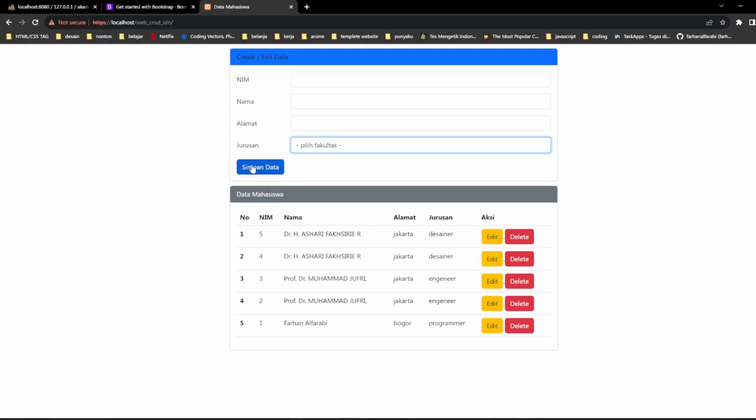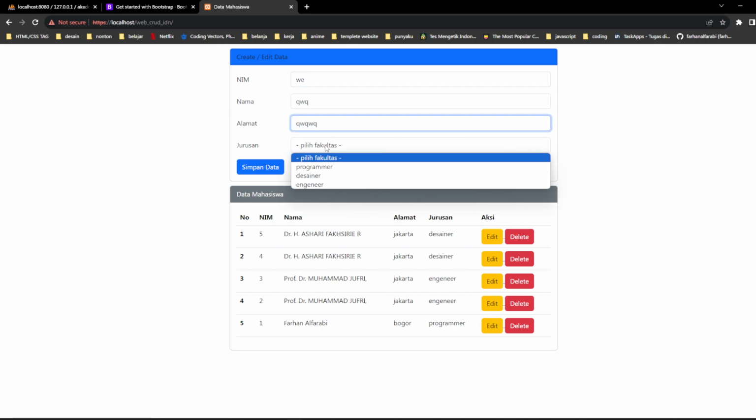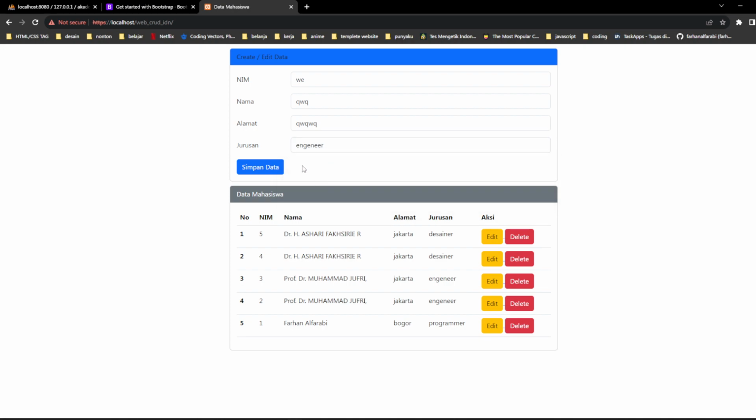This is the input of button like this. This is name, address, and fakultas. You can click again like that, and then this is our create data. And now I will explain about the data of mahasiswa.